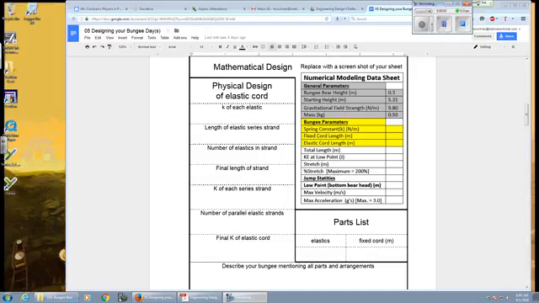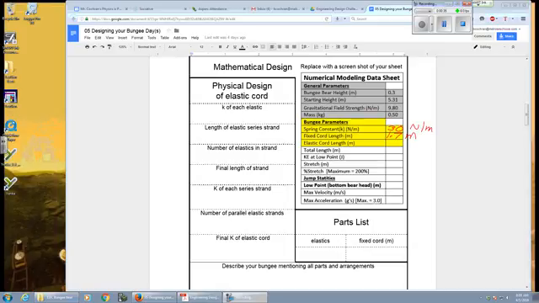Right, here we go. So walking through how to change the mathematical design into a physical design with made-up numbers. My made-up spring constant for my whole bungee cord is going to be 30. And so I designed this. I had a fixed cord length of 1.7 meters. This was newtons per meter. And an elastic cord length of,